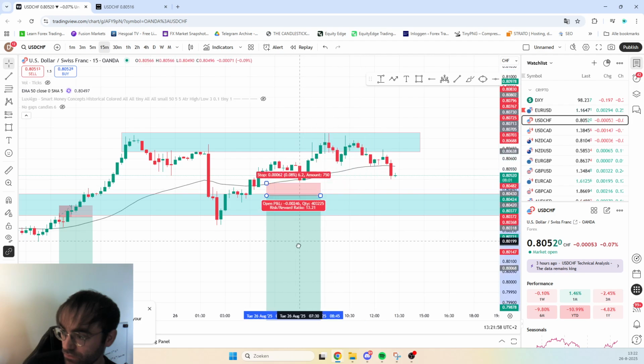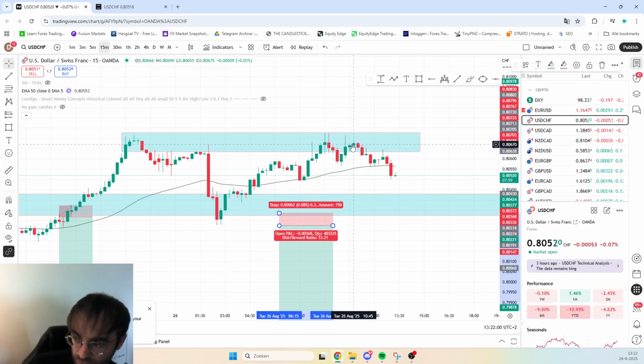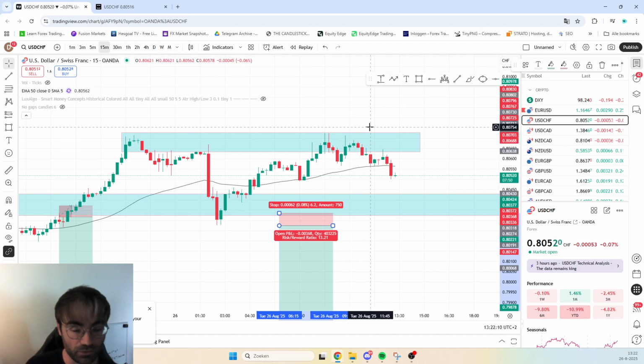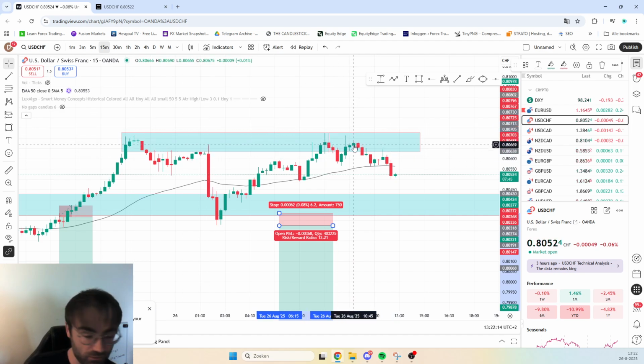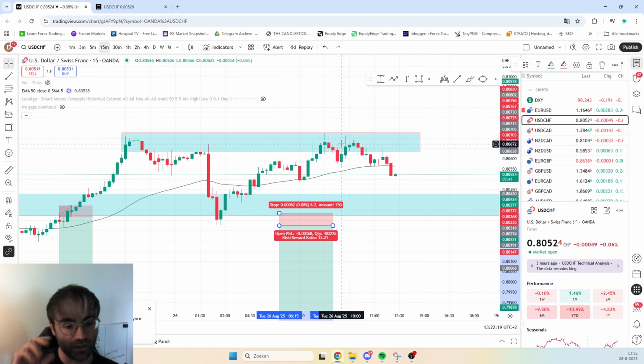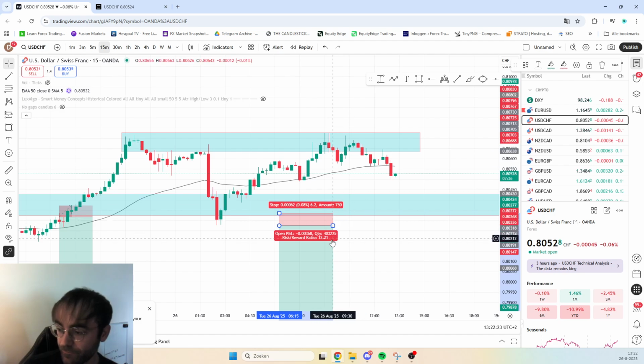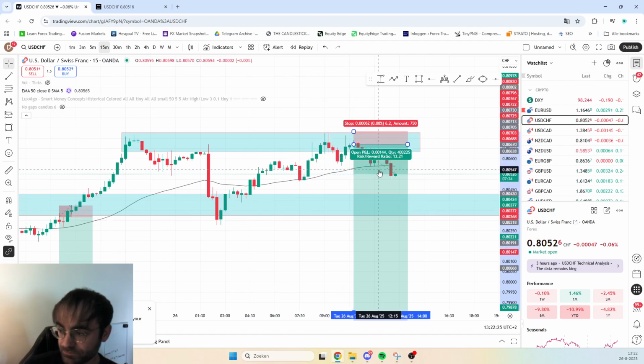And then it tries again to create a new higher high. This is in the way. Let's just remove this for a second. It's trying to create a new higher high, right? It's trying to create a high above this one, and you see it's failing. So what you could do at that point, because you see one rejection, another rejection, another rejection, and another rejection from this area, and especially when it's combined with failing to create new bullish structure at this point, you could enter a trade here and place your stop above the area,